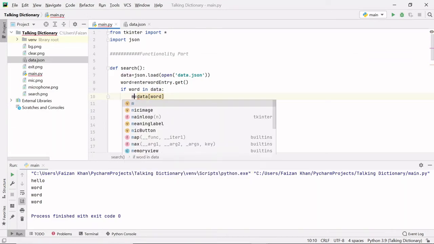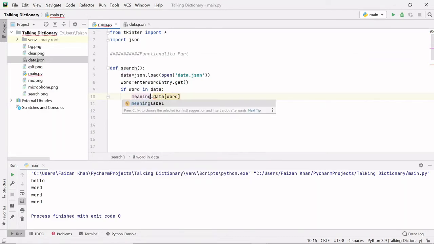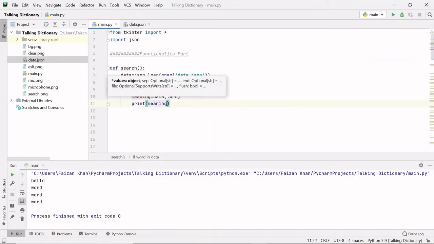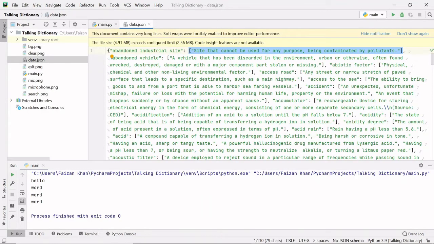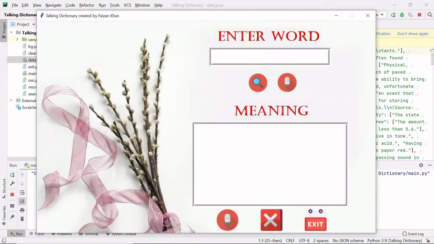I will store that in some variable like the meaning variable, and let me just print this so that you guys can understand what it is printing, meaning. Okay, I will simply copy this same word, Control C, abandoned industrial site. Let me run this code.